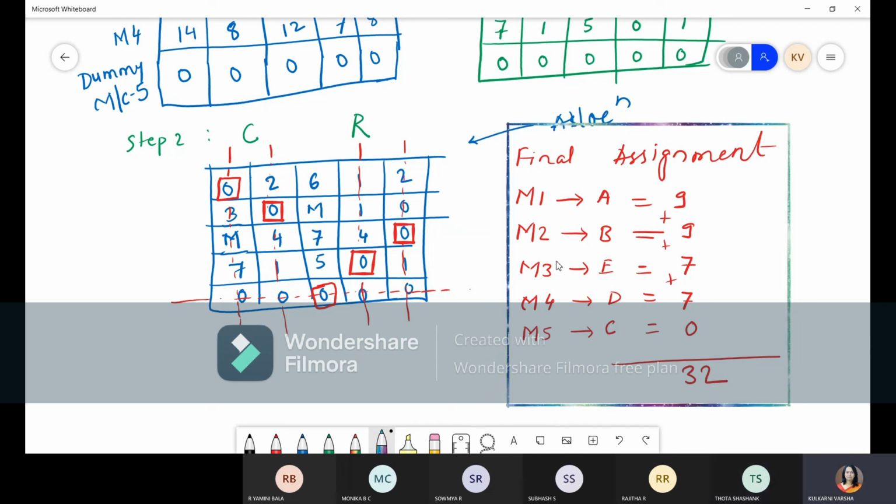So in this problem, what we understood is that there are some restricted cells, and those restricted cells should not get allocated. If you put a dash or 0, 0 means the least value, so we will try to allocate it, but we should not put 0 there. We should put infinity or big M, and then it will not get allocated. So this is with respect to restricted problems.